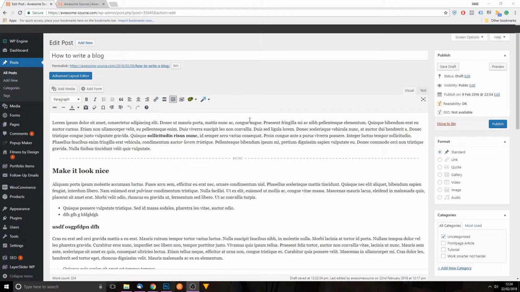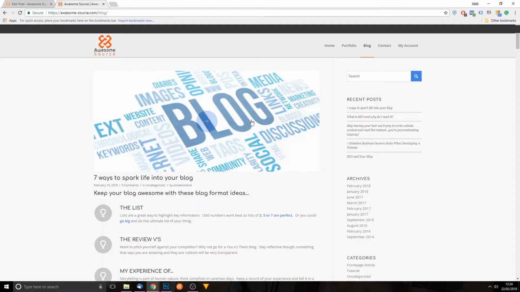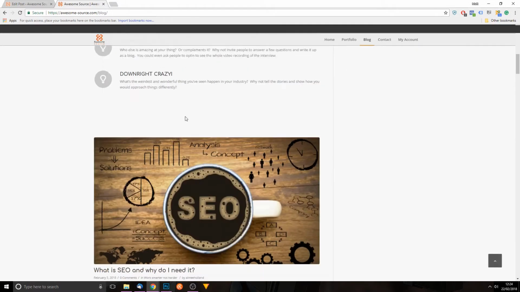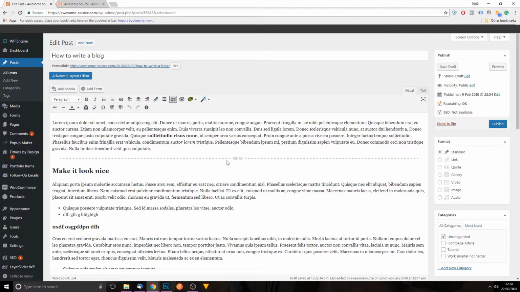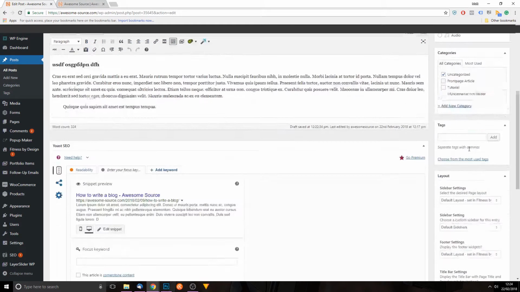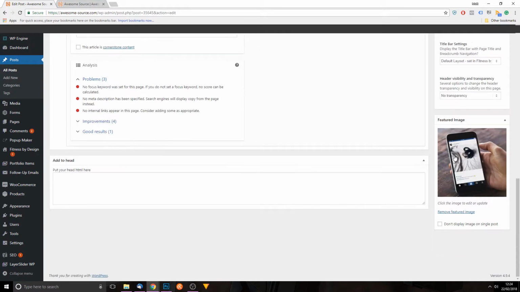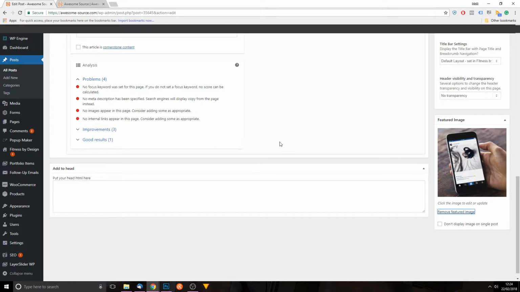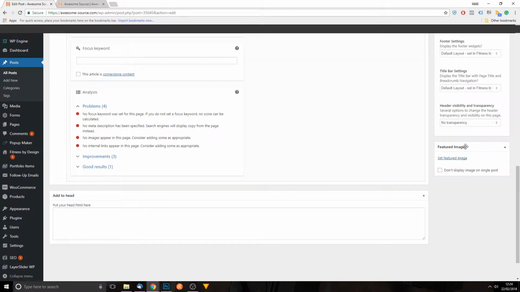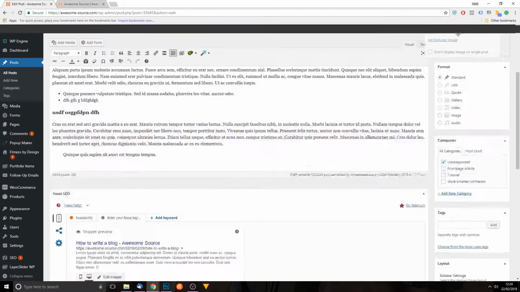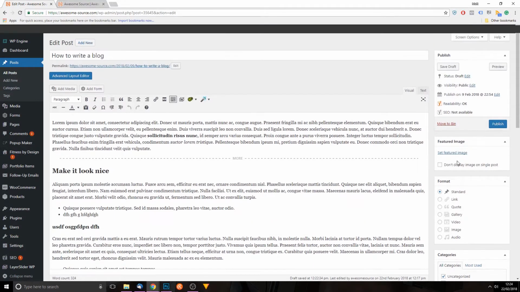So the first thing you'll probably want to do is to add a header image. So this sort of thing. When you go to your blog page, each blog post has a header, called a thumbnail actually. So to do this you need to go to these options on the right hand side. I've already added one, I'm prepared, but this is what you're looking for, the featured image box. So this can be dragged back up to the top so it's not tucked out the way,